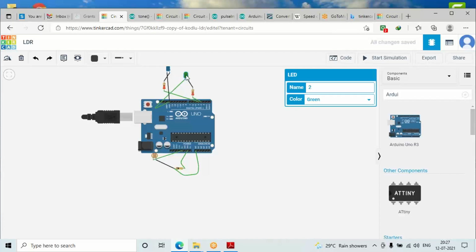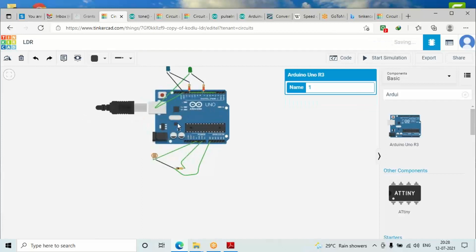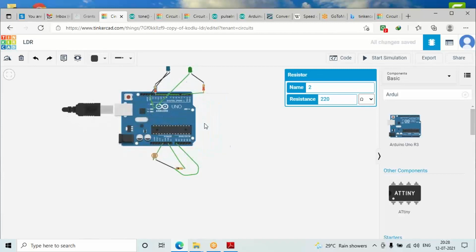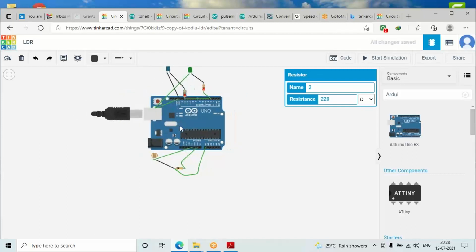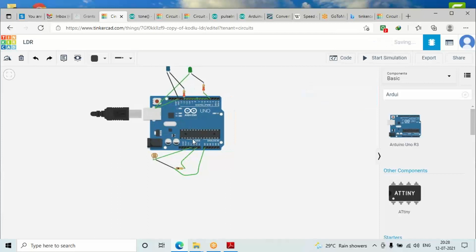Make sure, guys, that whenever you are connecting, all the connections are correct. If you move any device and it is not connected, the circuit will not be complete and you will not get the correct result. So you can move everything here and there and check that each and every wire which is part of the circuit is connected. Otherwise, you will not get the result you want.